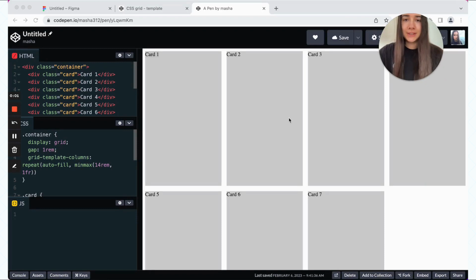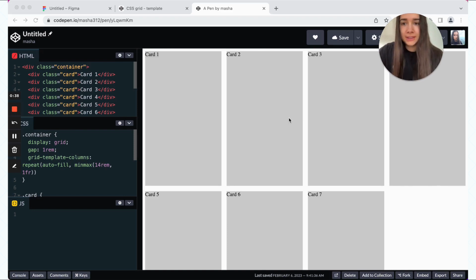space. To translate what this means, obviously the size of your screen is not always going to be neatly divisible by 14 rems. And if that's not the case, and most often it's not going to be the case, what we want to do, we don't want these cards to just sit at 14 rems. We just want to take the remaining space and divide it equally between the cards that are on the screen.